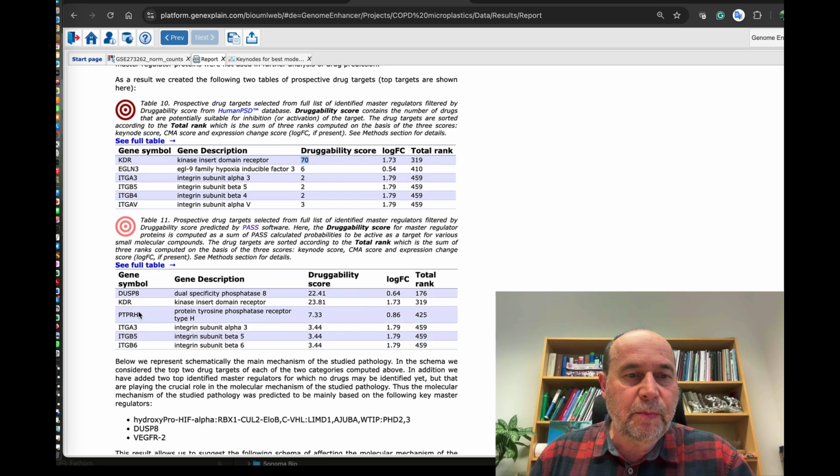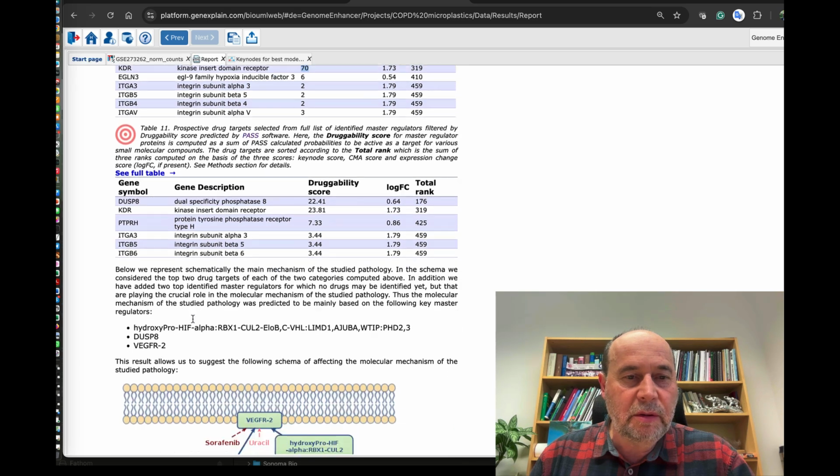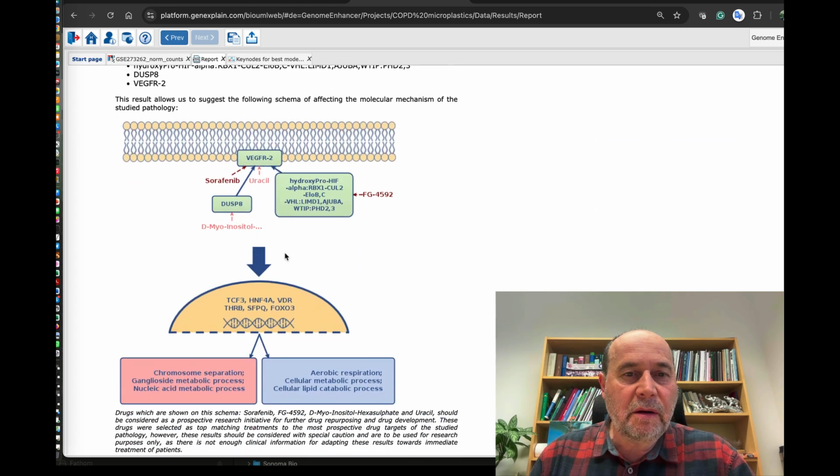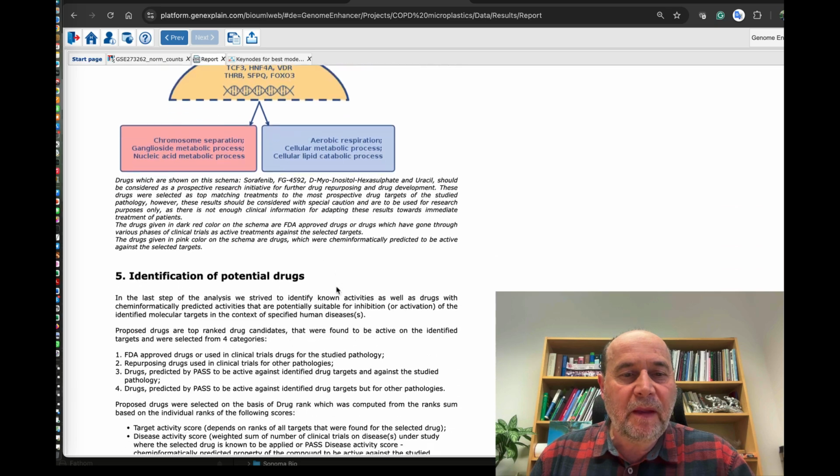And DUSP8 is not as well known as KDR as a druggable target, but according to our calculation, it's a pretty promising target in this context. So you see here these two targets with those drugs and active molecules which may be used to inhibit them, and you see this overall schema.